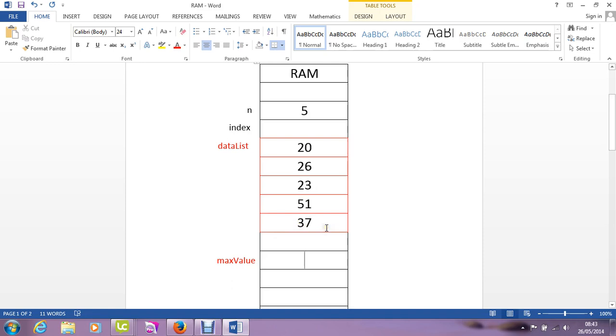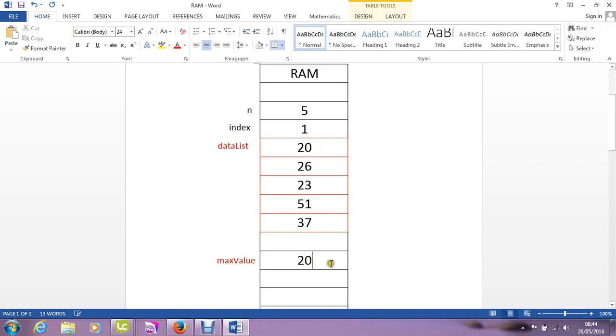What I would like to have happen at the end of the piece of code is that in my single entity variable max value I have the maximum value. So in order to do that, I need to look through the list from 1 to 5, and as I find successively larger values, I want to put them into max value. So when index into the array is 1,